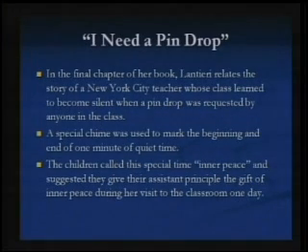And the kids got it. For the rest of the year, whenever she or anyone else needed a moment of silence, anybody could say, I need a pin drop. And they'd ring a chime to signal the beginning and end of a minute and have a moment of silence just so everybody could calm down. So I think that's the kind of thing that doing these things for children can bring them.